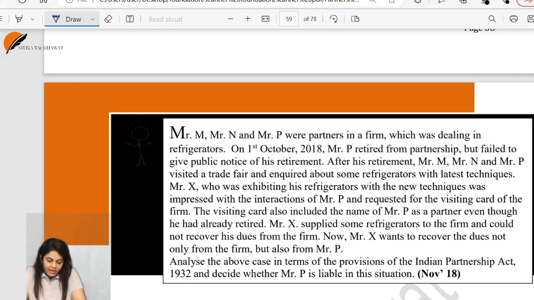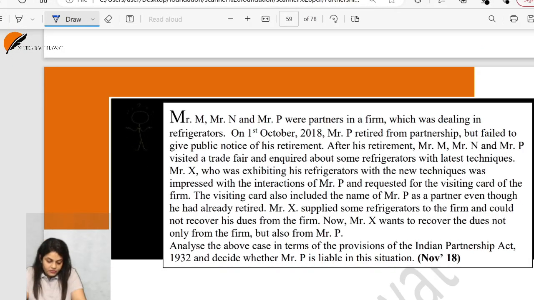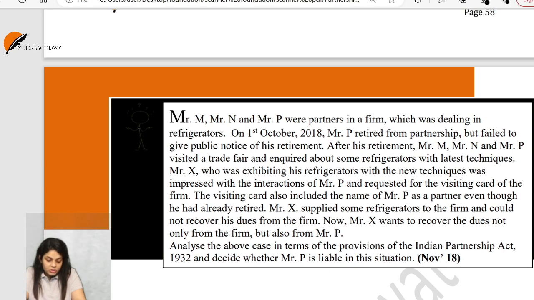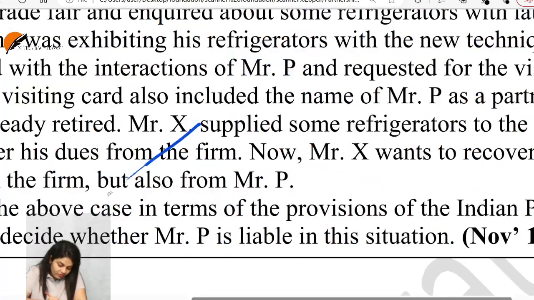Mr. M, Mr. N and Mr. P were partners in a firm which was dealing in refrigerators. On 1st October, Mr. P retired from the partnership but failed to give public notice of his retirement. If a partner fails to give public notice of his retirement,